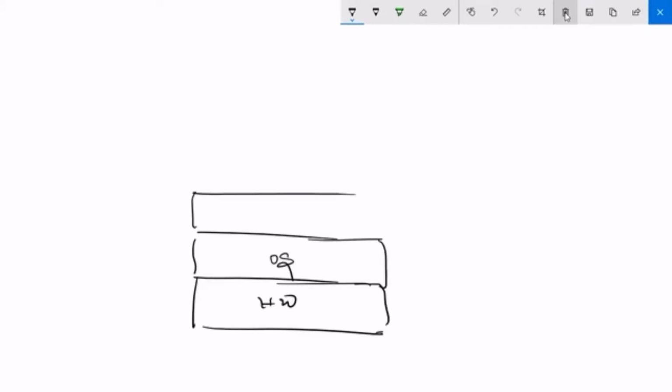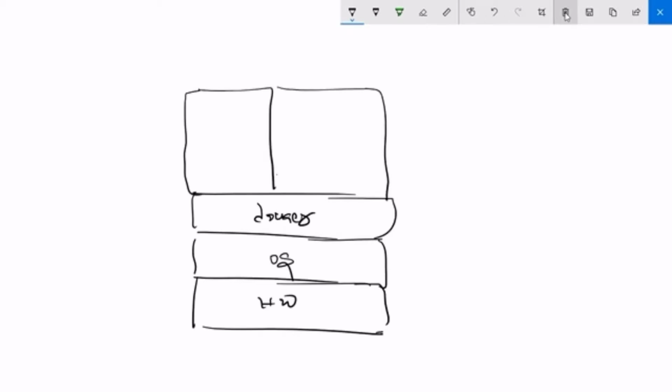On top of that, I have installed Docker. So I have created containers, two containers. In this, see guys, one thing you should understand here. You might be having doubts.